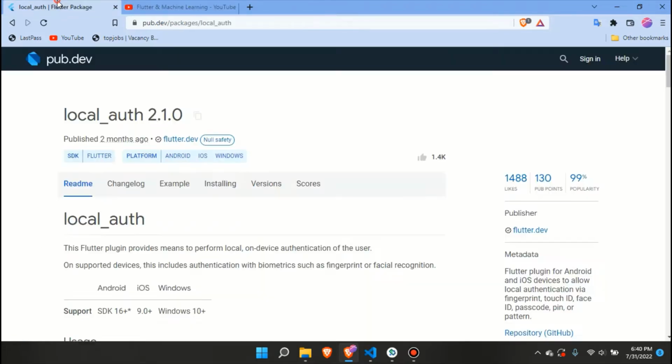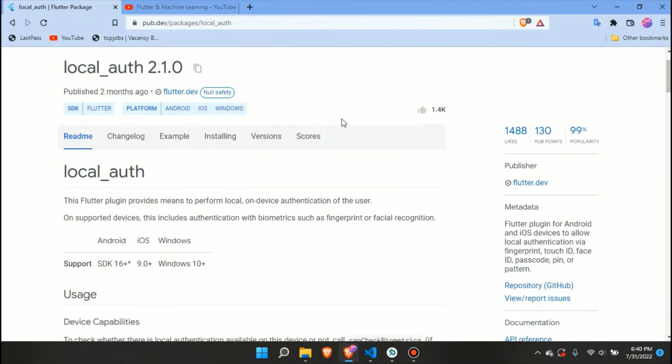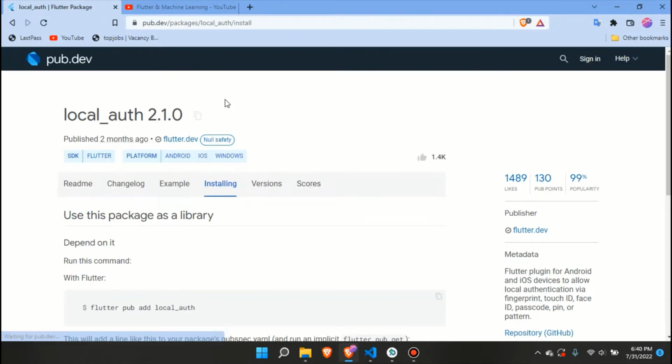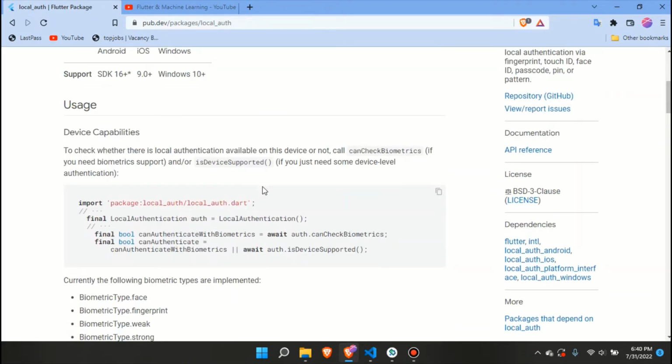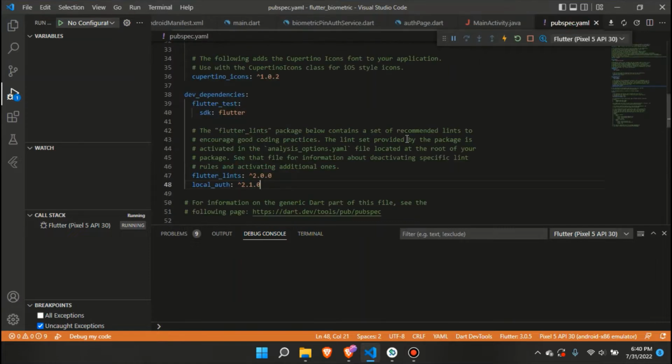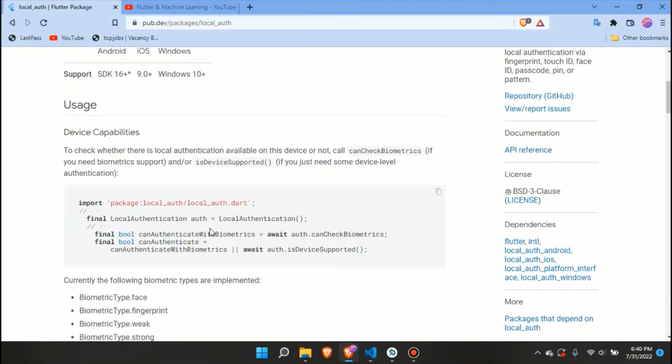Let's move to the local authentication package. This will guide us to use fingerprint authentication, face authentication, and PIN authentication in our mobile application to achieve our task. Here you can install this version. After installing it into the pubspec YAML file, after that you should